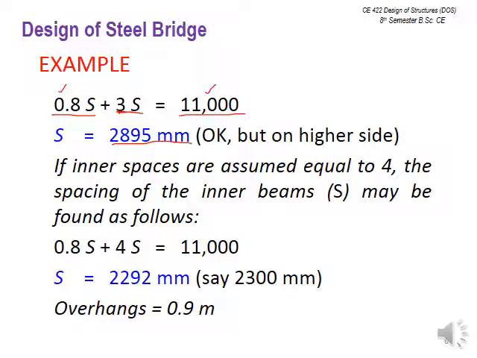Okay, so here we can check it for the 4 at first. If it is less than 1.5, then we can go for it. It will be okay. So it is on a higher side, so we can revise it by increasing only one spacing. So if we increase one spacing, keeping it as 4S and the number of stringers as 5, then it comes out to be 2292, and we are rounding it up to a greater value, so it will be 2300. So it is almost reasonable. From 1.5 to 3, it is almost the average number, so we can go for it.